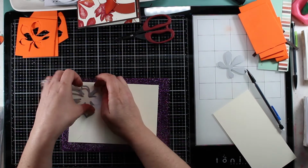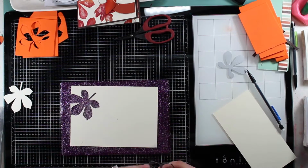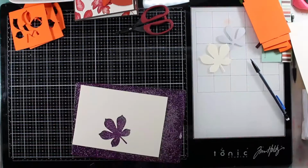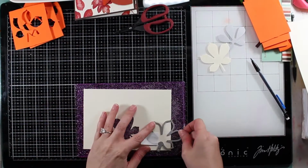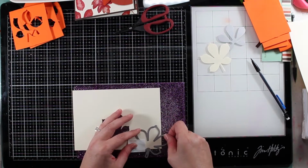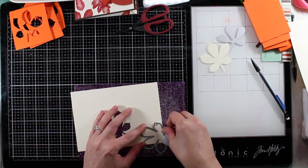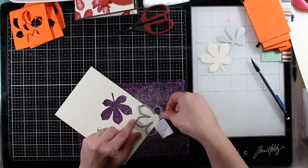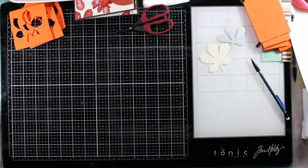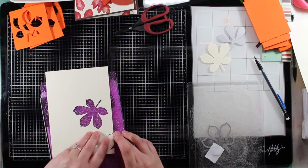Alright, so we start by using our largest die and cutting into the top of the piece of Whisper White that's cut at 7 by 10. And you'll notice that I started over because I cut it wrong, as usual. I've done this card about 6 times and it's very difficult to understand, but you need to make sure that when you cut your leaf off, you're cutting off enough so that when you take the positive die away, the negative, the part that you